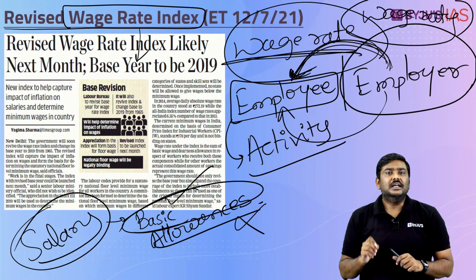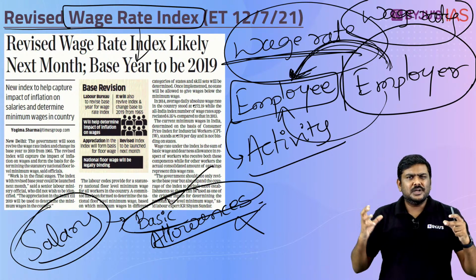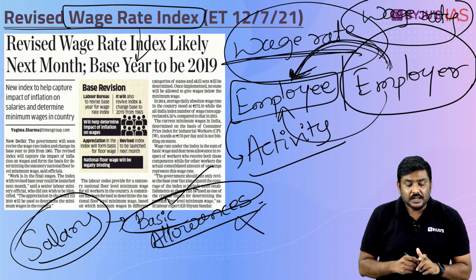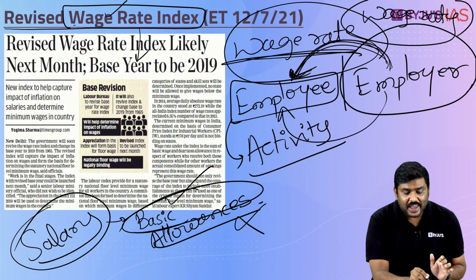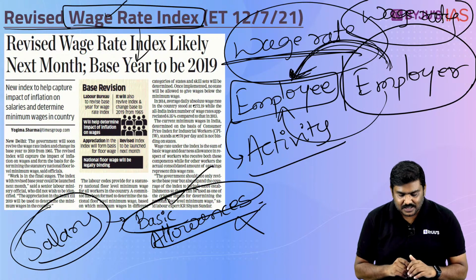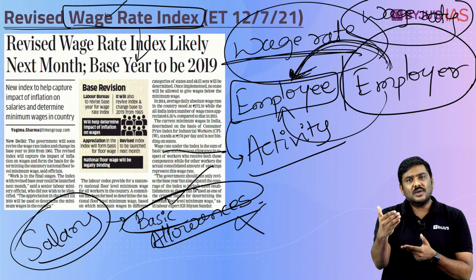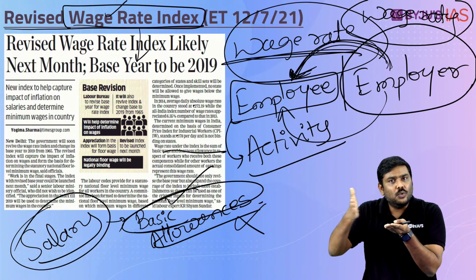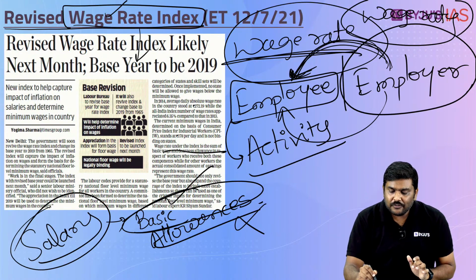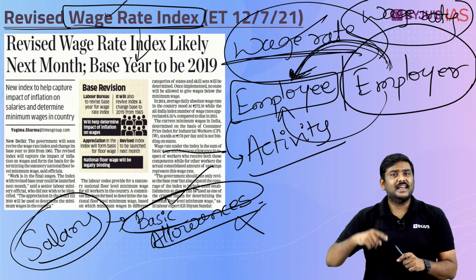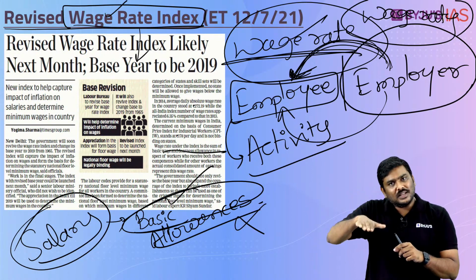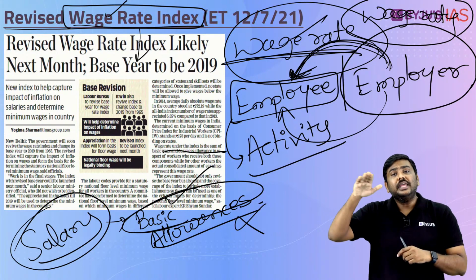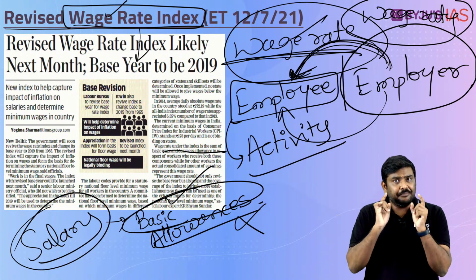Now why is this important? In case of India, recently there has been a lot of discussion with respect to national floor level minimum wages, and Government of India says we will revive this particular concept of a wage rate index, which basically considers the dearness allowance as well as the basic salary of the employee, and will adjust that with inflation rate over a period of time. And this wage rate index will be used to calculate national floor level minimum wages. And once that is decided, that will be taken as a part of the labor codes imposed across all the states. That is important for a simple reason.